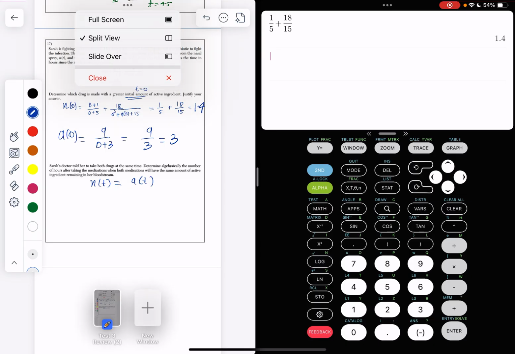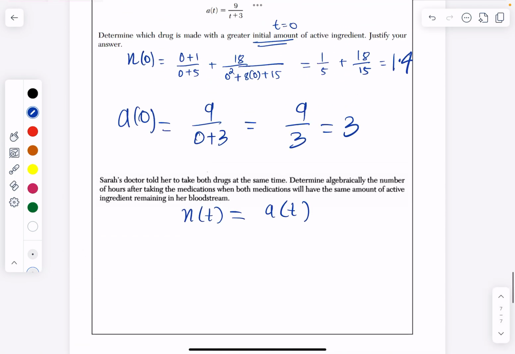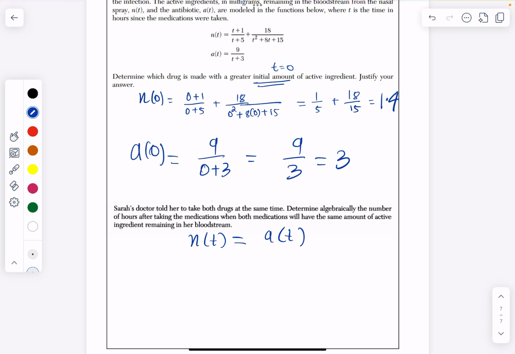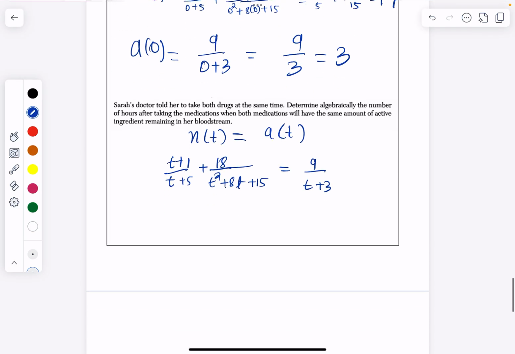I need more space for this one, so I'm going to make it full screen. We have t plus 1 over t plus 5 plus 18 over t squared plus 8t plus 15 is equal to 9 over t plus 3, which we have to factor. We have t plus 1 over t plus 5 plus 18 over t plus 3 times t plus 5 is equal to 9 over t plus 3. So our LCD is going to be equal to